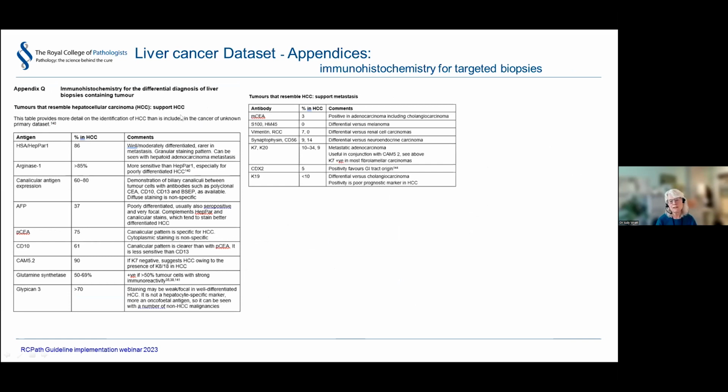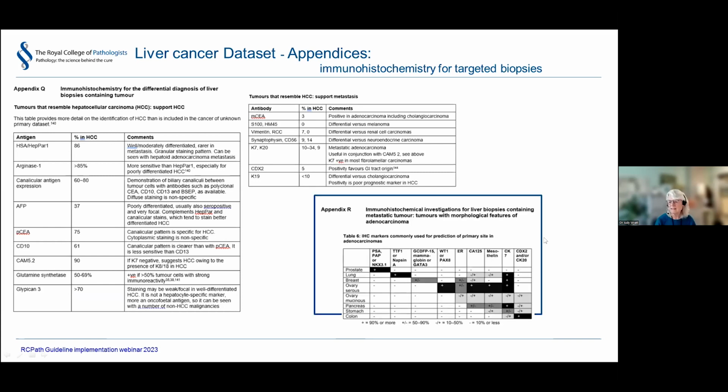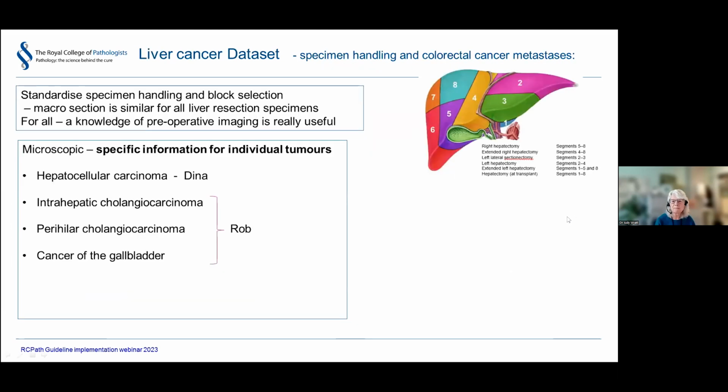How do we know whether we're looking at primary carcinoma or metastatic carcinoma in the liver? Well, for tumors that morphologically, if they were primary, would be hepatocellular carcinoma, I have 2 detailed tables here on how to separate primary from metastatic. Whereas for tumors which look more like an adenocarcinoma, so our quandary is whether this is a primary cholangiocarcinoma or whether this is metastatic, you're now referred to the data set for cancer of unknown primary, which has been published since the previous data set.